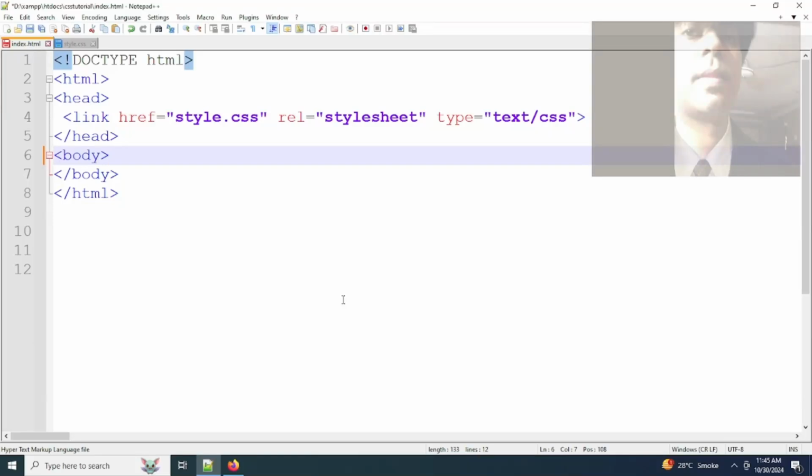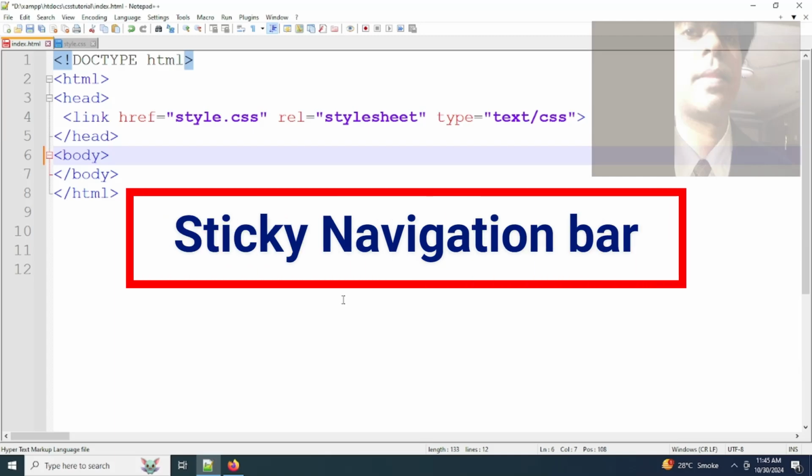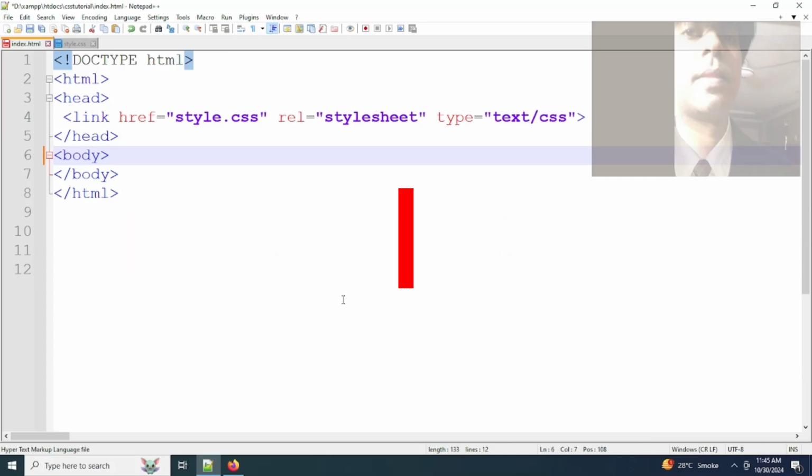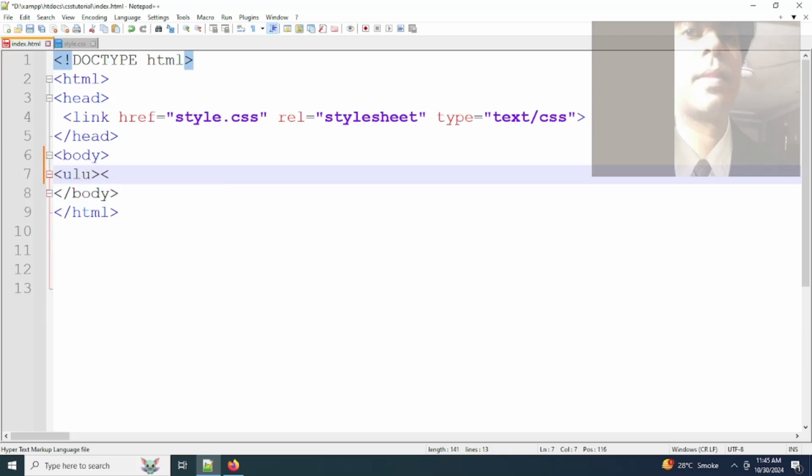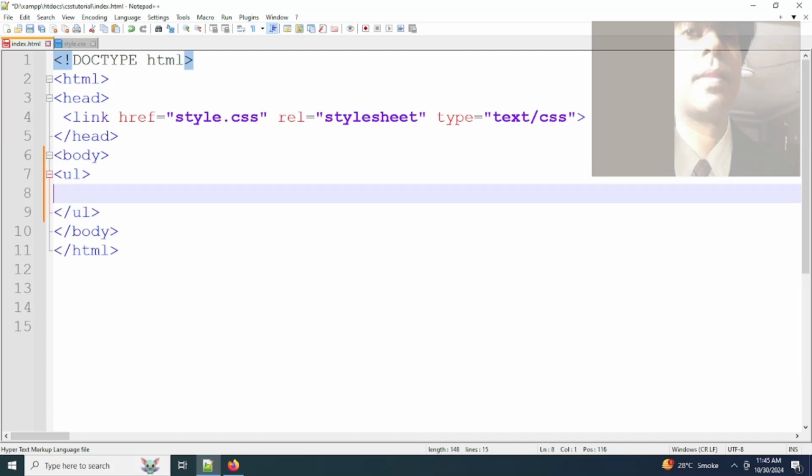Hi. In this CSS tutorial, we will create sticky navigation. In body tags, we will use open UL element and close the UL tag element. In between UL tag elements, we will use li tag open and close the li tag element. In between li elements, we will use